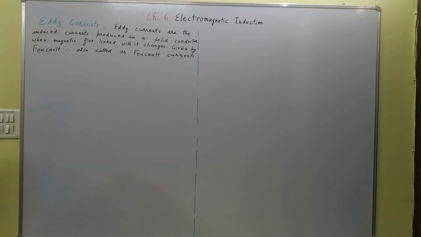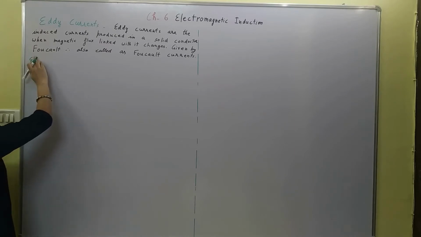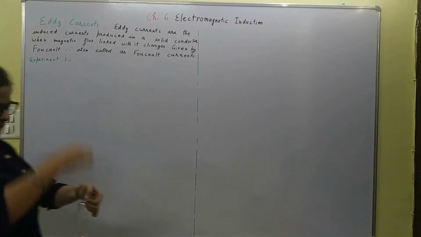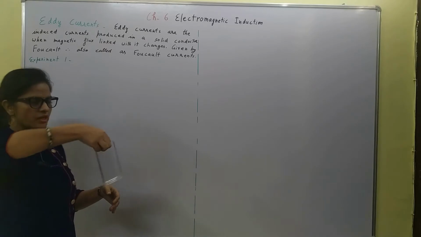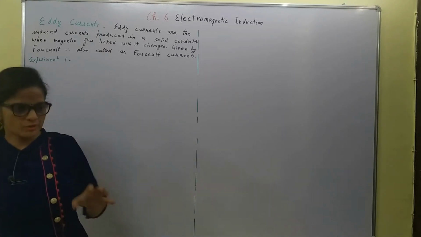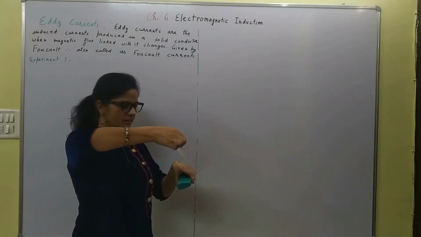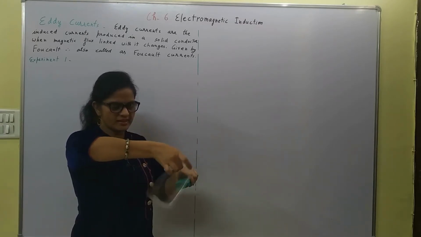Right. So there is an illustration of three examples. First is, or you can say, the experiments. Experiment 1, where a metallic conductor is made a pendulum by attaching a thread to it, and then this metallic pendulum is made to oscillate between two magnets. Suppose this is one magnet over here, another magnet is placed in front of it, and this oscillating copper sheet is oscillating between the magnets like this.